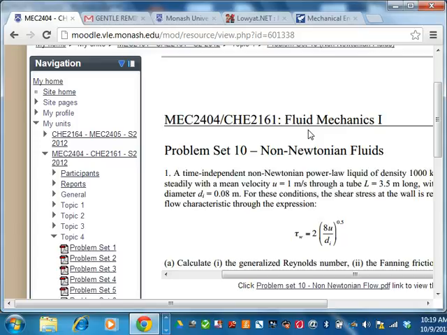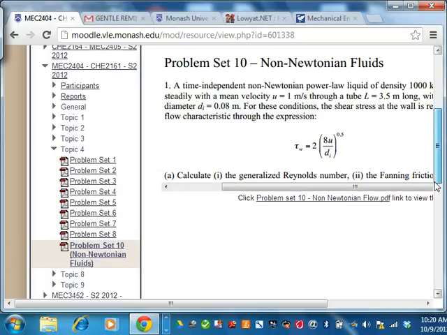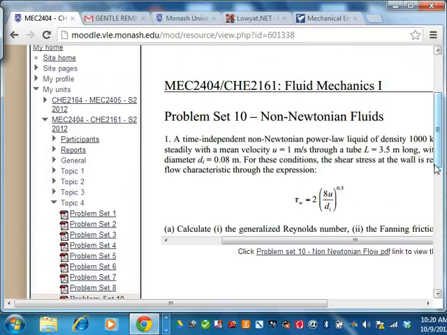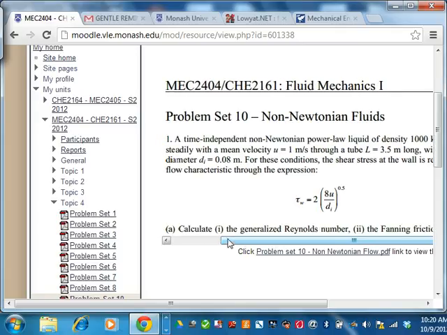A new person has taken over, so they may have a slightly different idea of what they want to teach. With that said, it's better we do the same problem set, then you'll be equally prepared or unprepared, whichever the case may be, for the non-Newtonian section of the exam. So repeat, ignore my one. If you printed my one, throw that away. Print out this one here from the